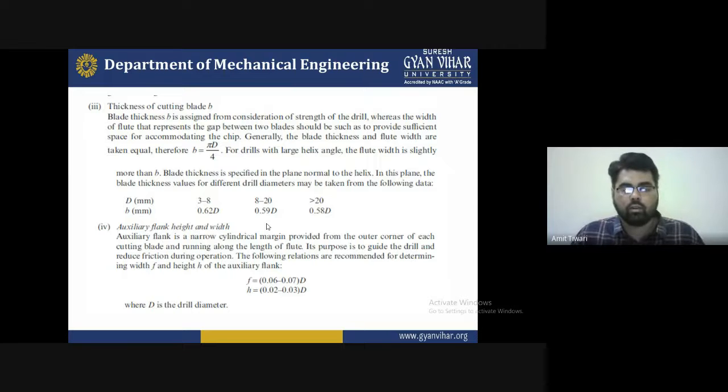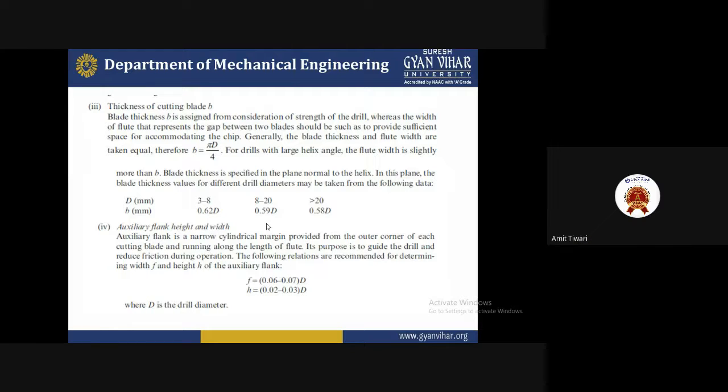Neither the load, or we can say the flexural strength or auxiliary strength, that is the F required for that. And having the quality, it reduces the friction. If you want to reduce the friction, that will be helpful, because friction is generated during the metal removal process, obviously, and we need to maintain or decrease the temperature. For that we are using the auxiliary flank height and width to be guided for that.